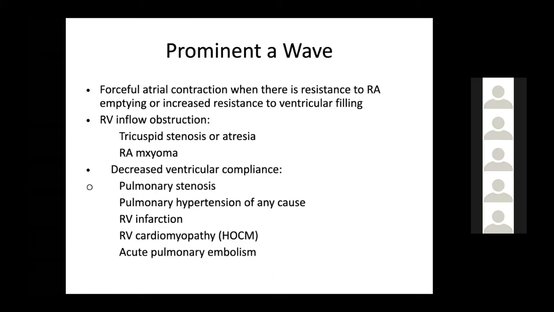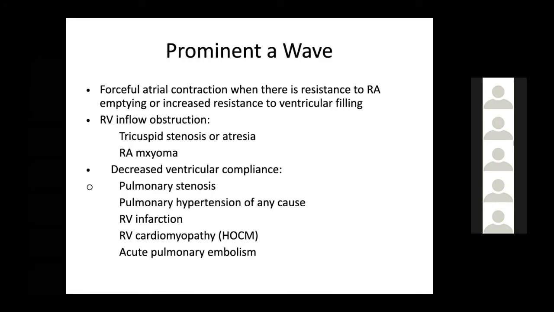In cases with RV infarction, also the RV compliance goes down, and you may get a prominent A wave. One important cause is hypertrophic cardiomyopathy and aortic stenosis. Many people will ask you, in case of aortic stenosis, which wave is prominent? It is a prominent A wave. What happens is, because of AS and hypertrophic cardiomyopathy, there is a severe left ventricular hypertrophy which shifts the interventricular septum to the right side. That is also called the Bernheim phenomenon. That is the opposite of reverse Bernheim. It is the Bernheim where the LVH causes a shift of the septum towards the RV, and the RV compliance comes down.